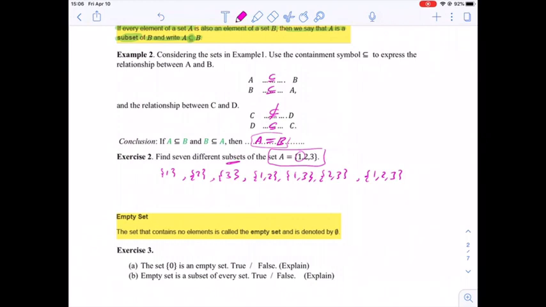But is there any more? Yes, because you can just choose nothing, and that's called the empty set, and that's denoted as phi, the Greek letter phi. So phi is a subset of every set, because you can just put your hand in that box and you don't choose anything, and that means you get an empty set. So how many subsets are there for the set A equals {1, 2, 3}? There are 8 subsets